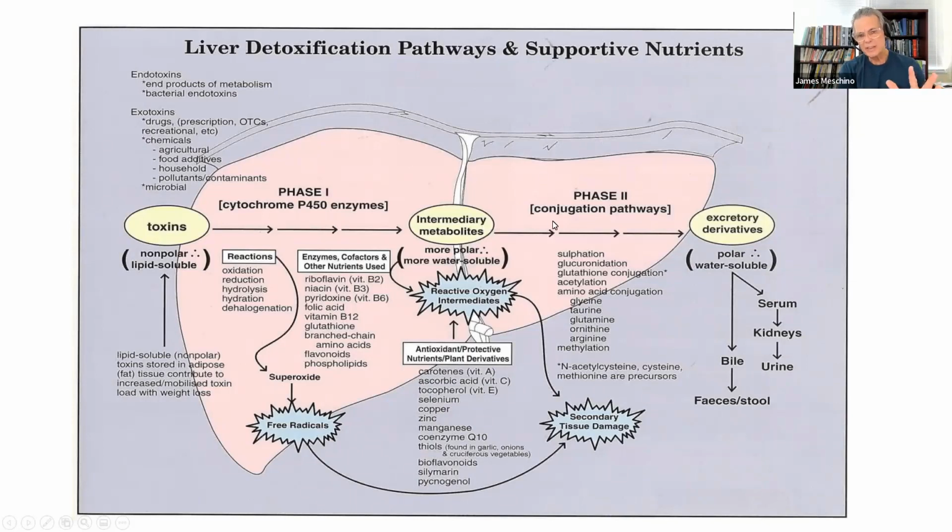And then in phase 2 conjugation reactions, here's where you attach that intermediate to often an amino acid like glycine, taurine, glutamine, ornithine, arginine, or it gets sulfated, or you go through glucuronidation, or it's attached to glutathione. Notice that glutathione is in both phase 1 and phase 2 detoxification. That's an important consideration. Ultimately, the liver has the capacity to convert these things into very non-threatening agents and eliminate